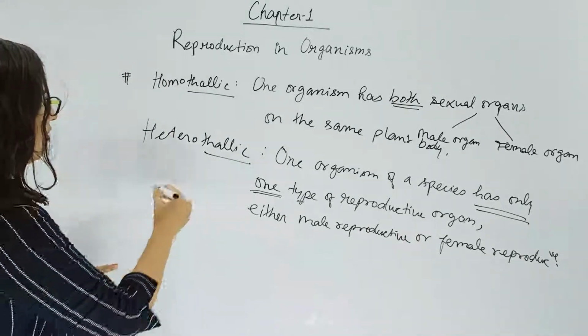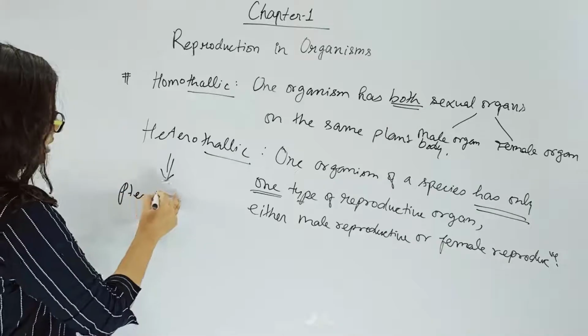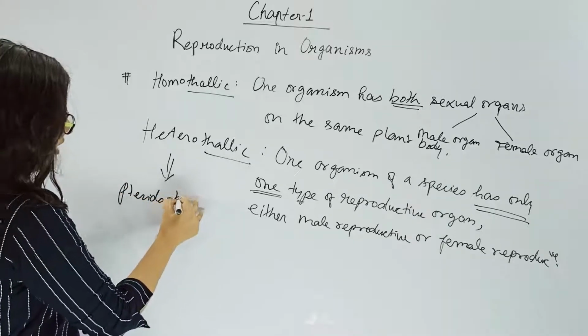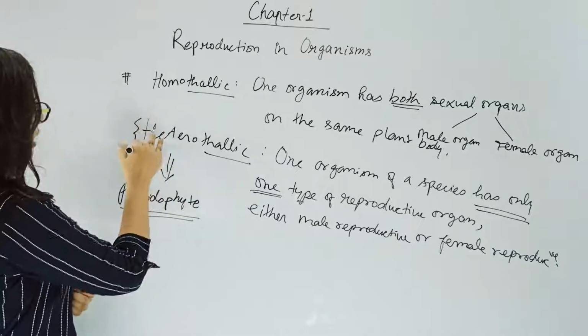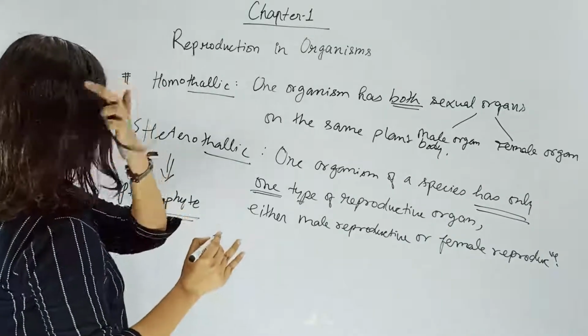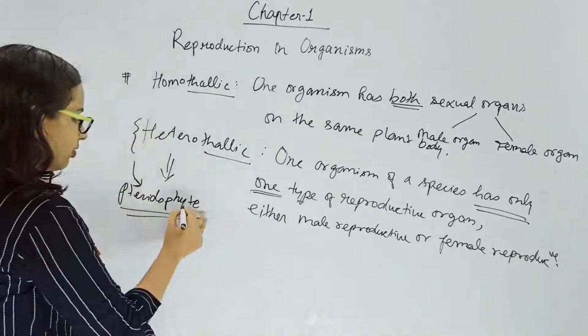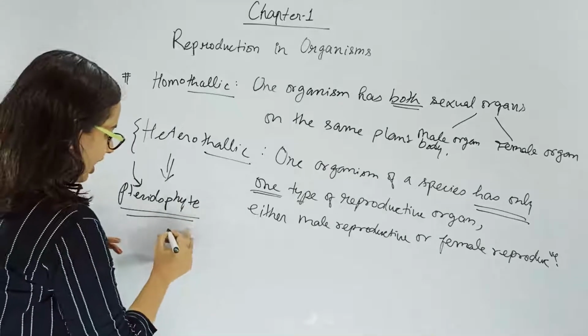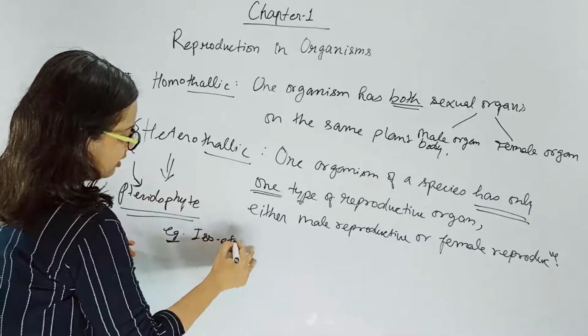This is asked in your NEET examination. Heterothallic pteridophyte examples are asked, such as Isoetes,